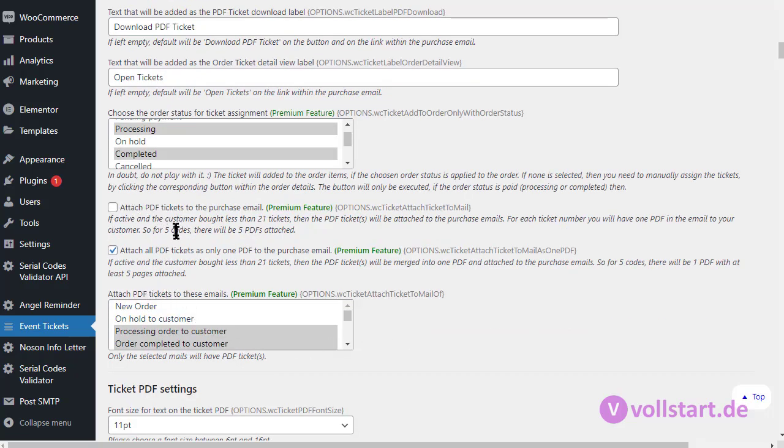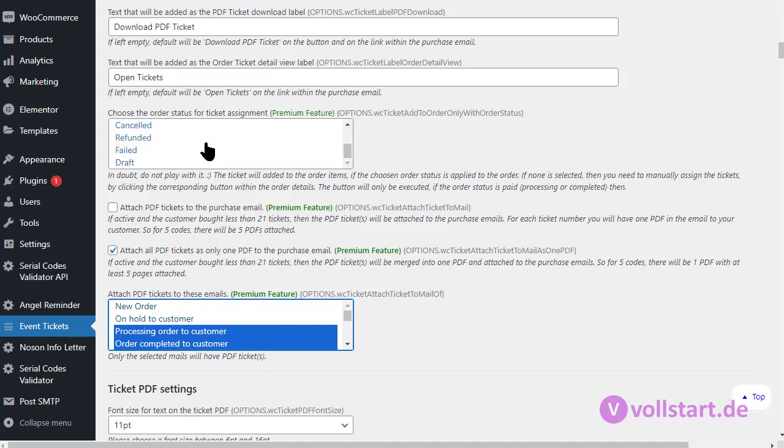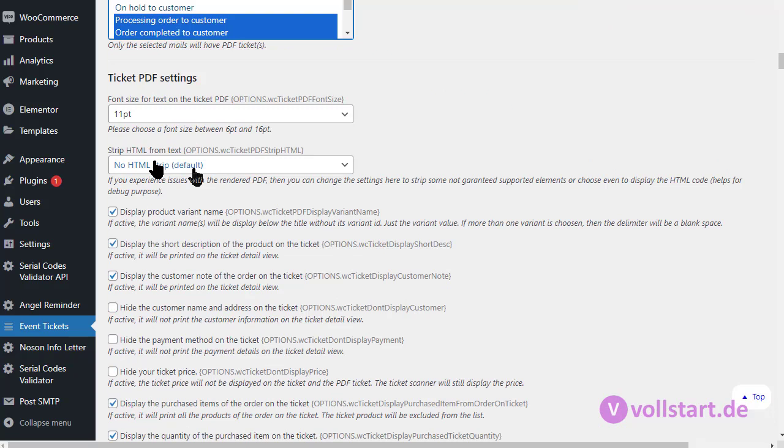Attach the PDF. So if you have this, you can also control at what email you want to attach them, maybe only on completed, or on both, or on all of them. Yeah. Of course, if you say new order, but you don't generate on the new order, then it will not be pending payment. It will not be attached, of course, it's not there. The attachment will only be done if you really have tickets assigned to the order. Yeah, I think it makes sense.